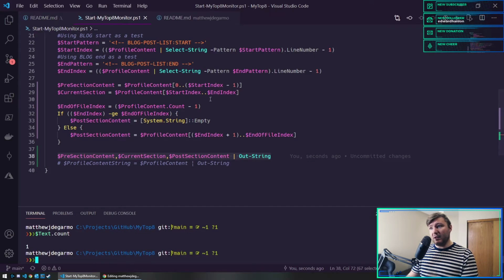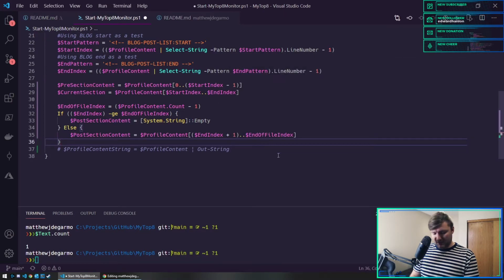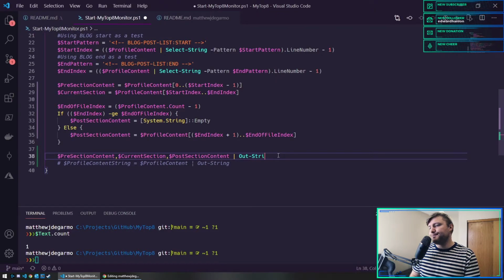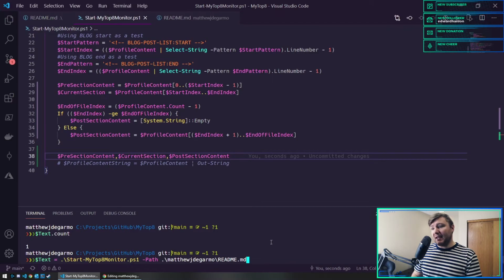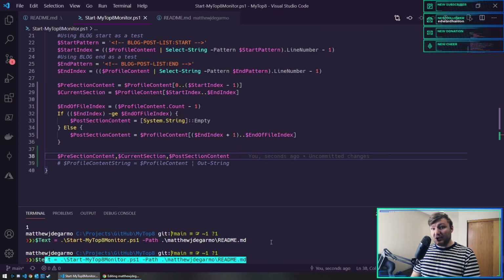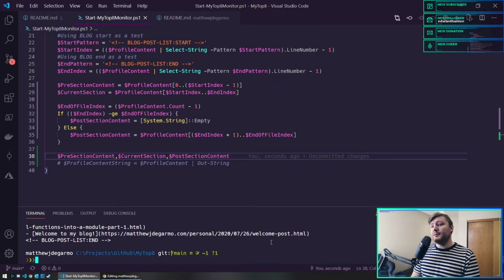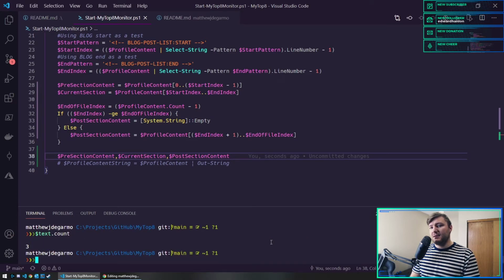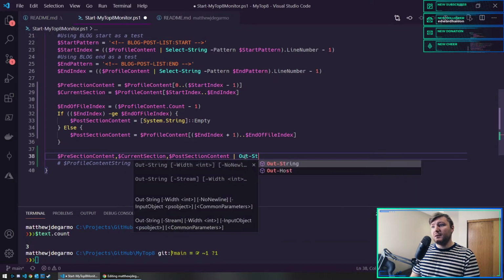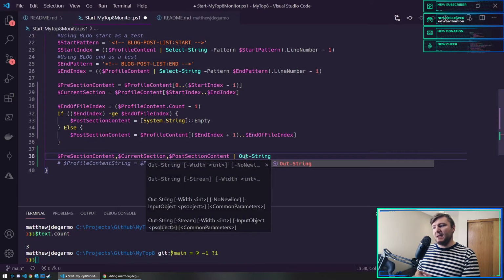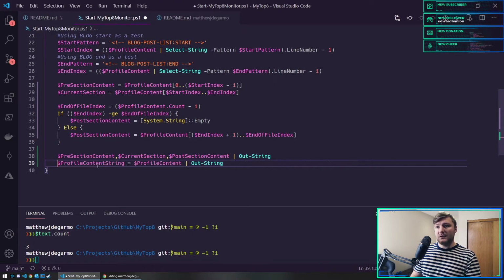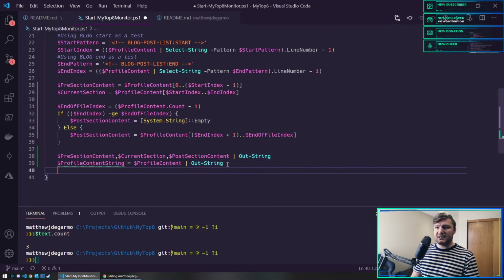So the count should be one. If I remove this, oh my gosh, whoops. If I remove that, save, do this again, text will look the exact same, but it's actually three things. Yeah, perfect. So before I do the compare, I need to compare them as the same format. So this is a single string. I need to make that a single string, and I want to say,